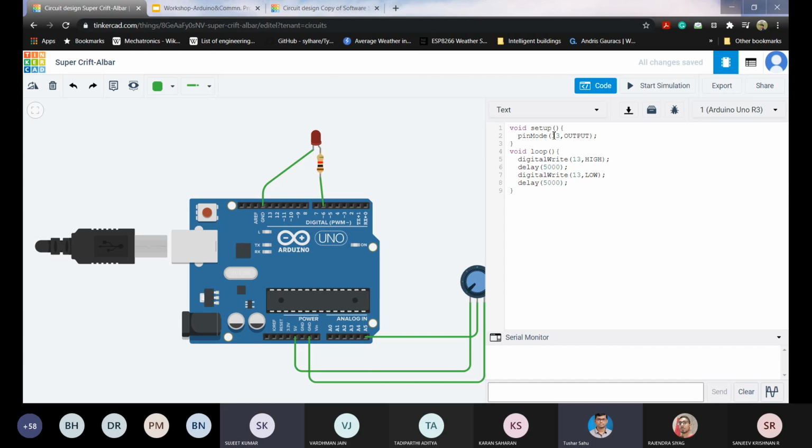Yes. Okay. Anything else? In digital write as well, in loop also. And one more pin mode, for the input. It is A5. We can write it as A5, INPUT.